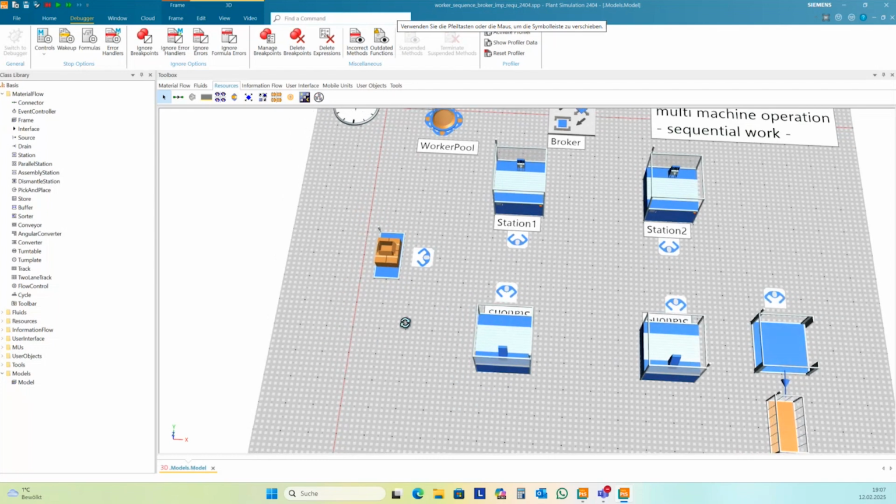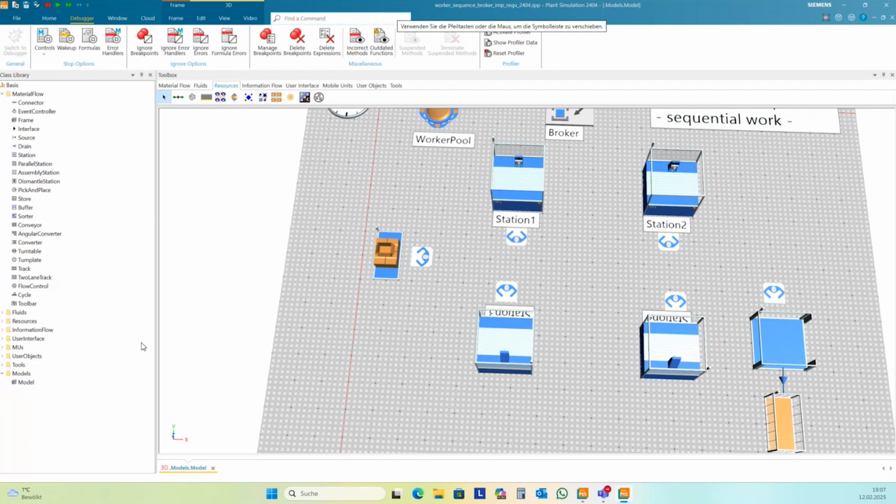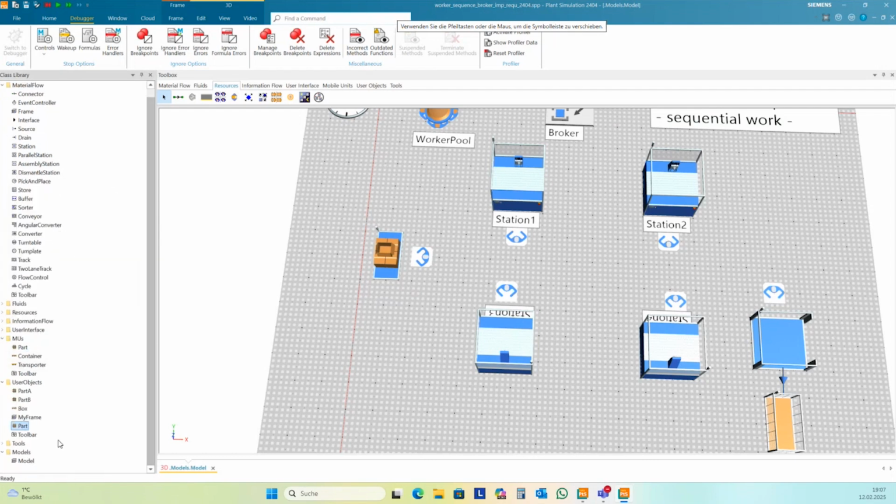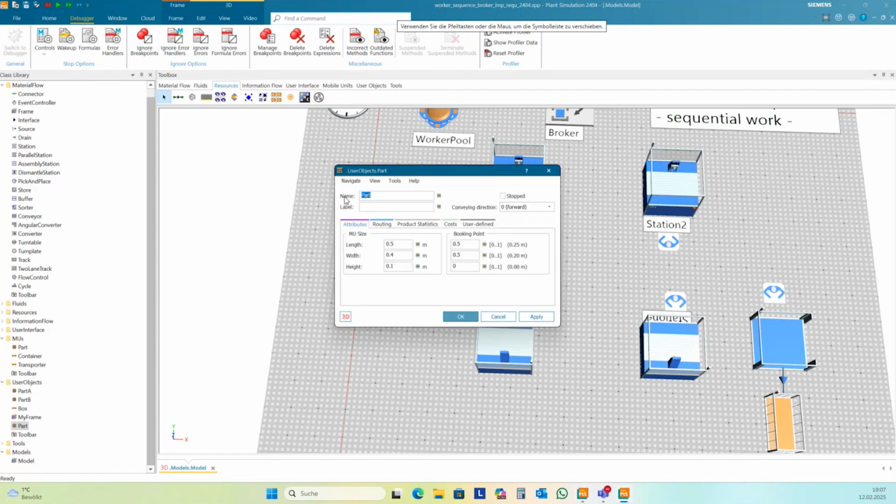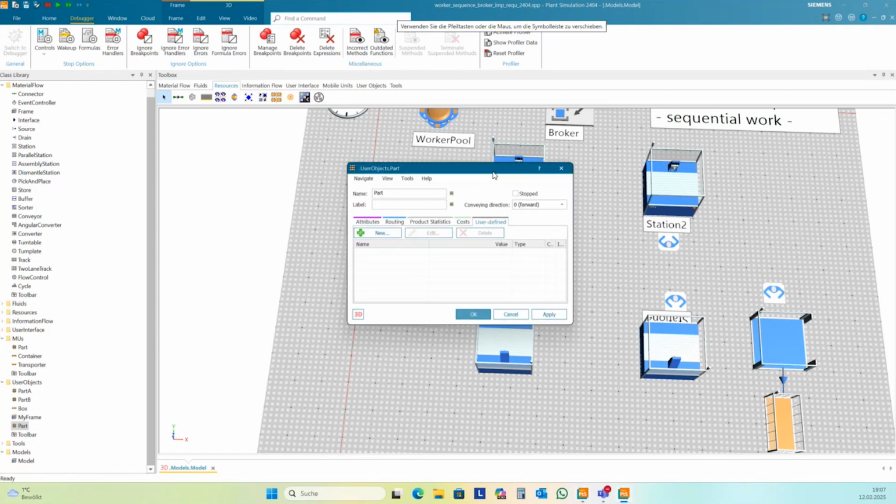And so we need, as a next step, to set up some parts. So I need to duplicate here one part. I want to add a user-defined attribute. I need to follow a plan, and so I need to store some sequence position in the part.